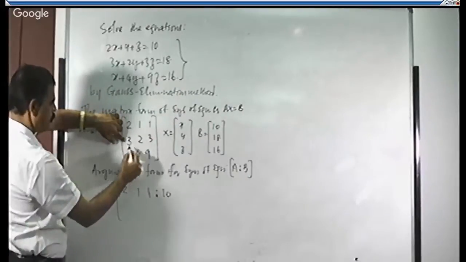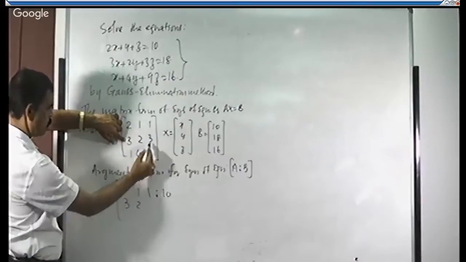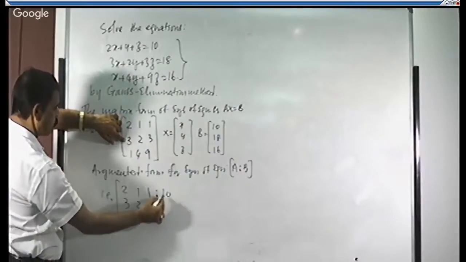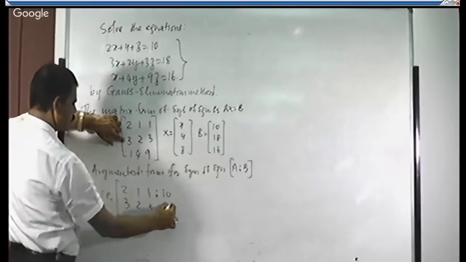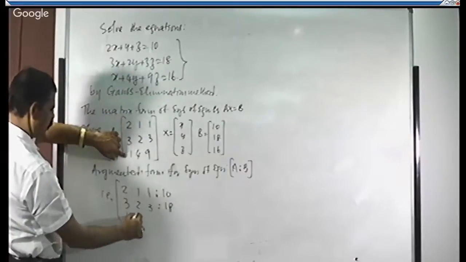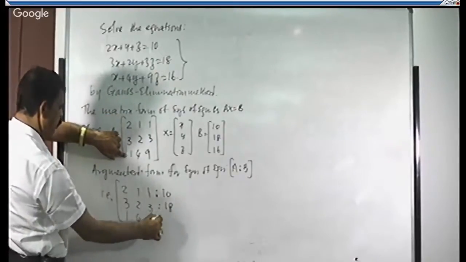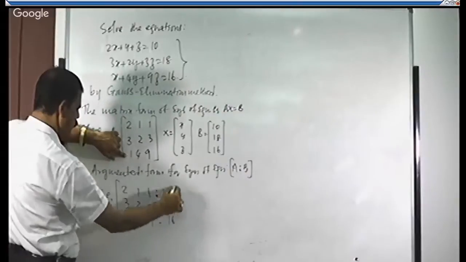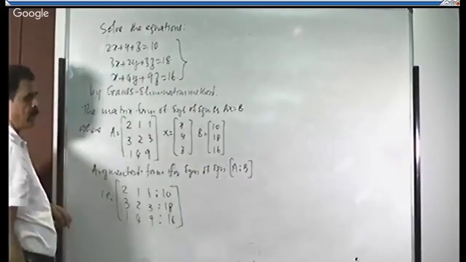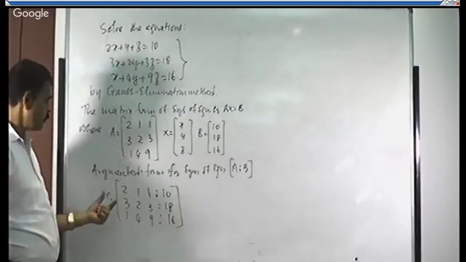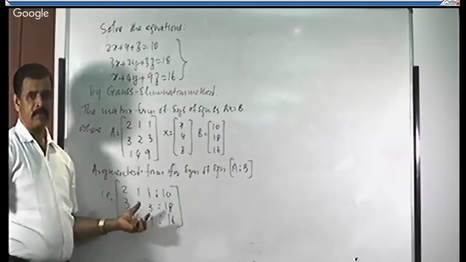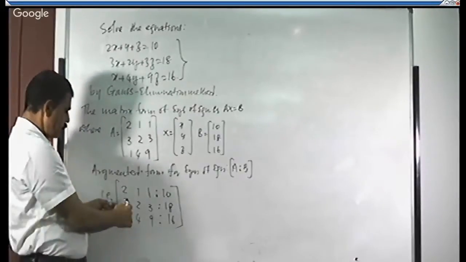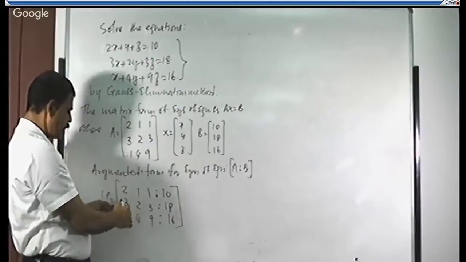Second row 3, 2, 3 is to 18. Third row 1, 4, 9 is to 16. This is the augmented form. Now, by using the elementary row operations, this element is to be made as